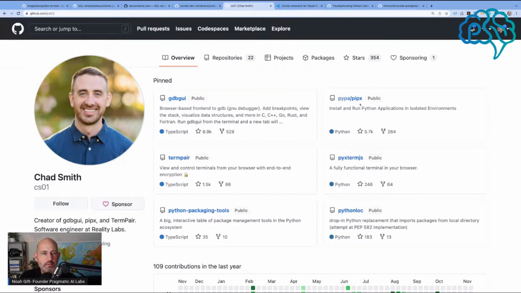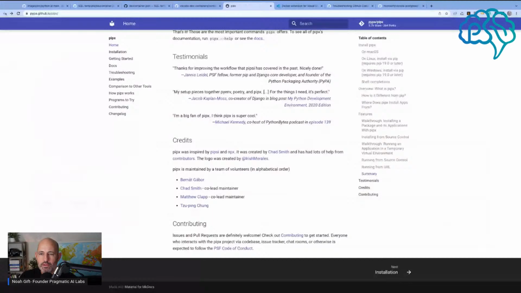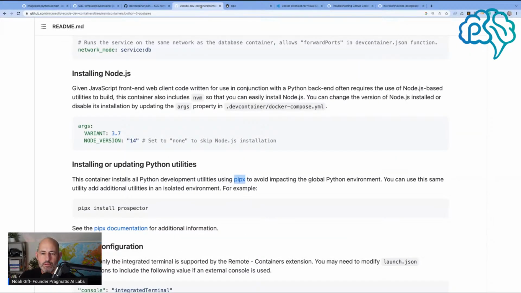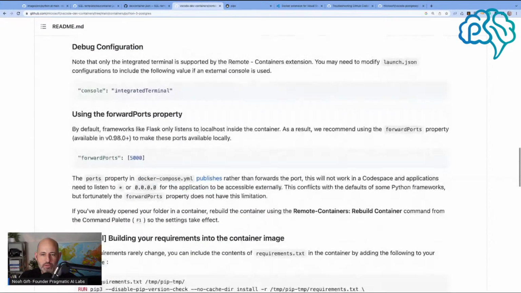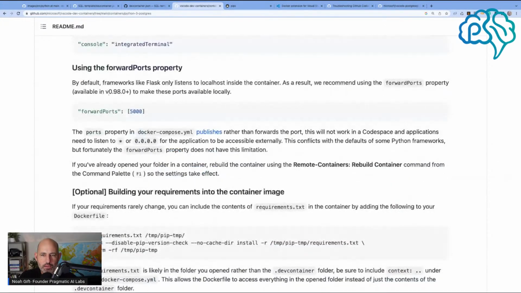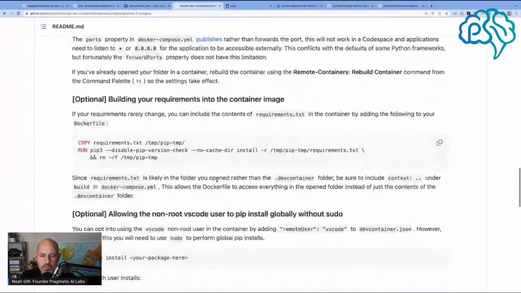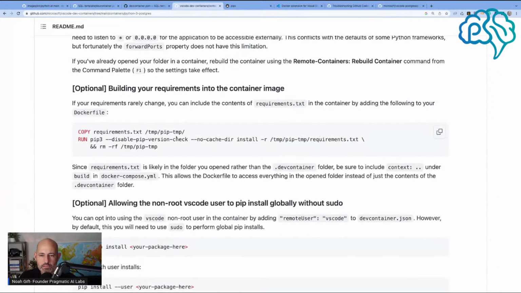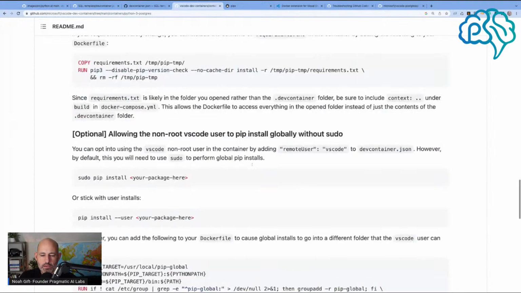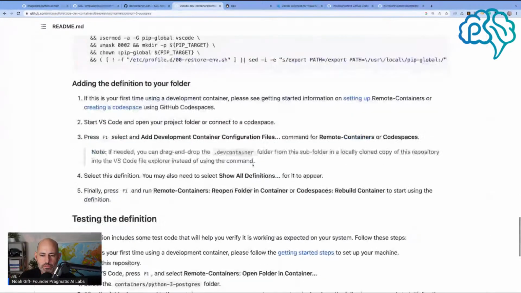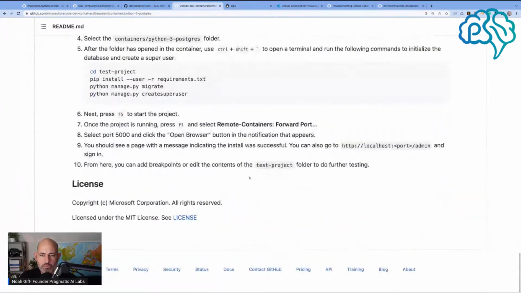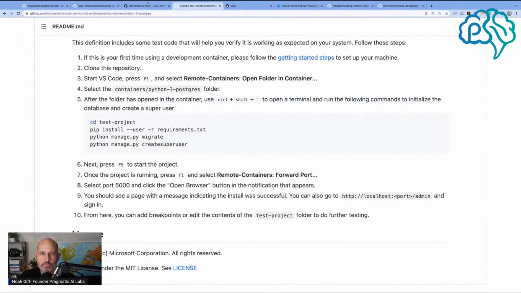Huh. pipx. Wow. Okay. There's another tool. And using the forward port and building requirements. Oh, that might be something that we would care about in the future. Adding definitions, manage. Okay, so